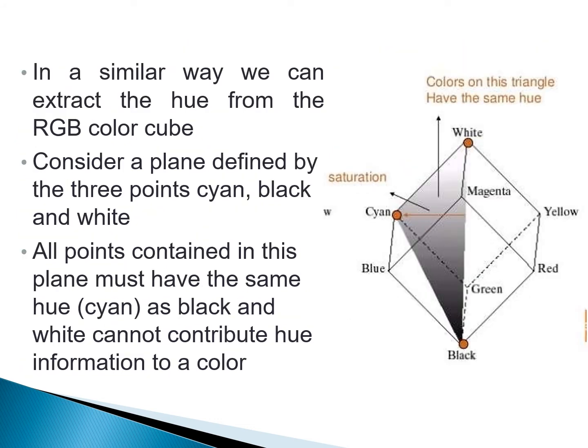In order to see how the hue can be determined from the given RGB point, we are now going to consider another picture, which shows a plane defined by 3 points: black, white and cyan. The black and white points are contained in the plane, and the intensity axis is also contained in the plane. We can see that all the points contained in this plane segment, defined by the intensity axis and the boundaries of the cube, have the same hue.